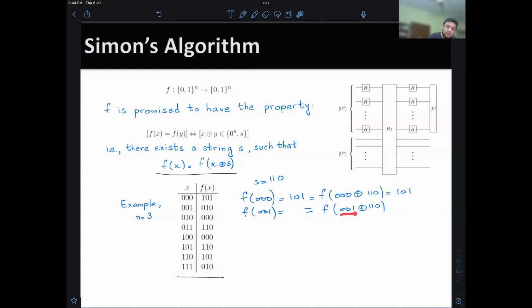And that's exactly what you'll get as the parity of these two things, right? So we have identified that the answer for this particular f is the string s. We'd like to find this in general. This problem is going to be hard classically. You can do the argument in terms of the birthday paradox, if you've seen it before: you've got a pool of size 2 to the n. What's the chance that two of them will map to the same bucket? So this is a hard problem classically,